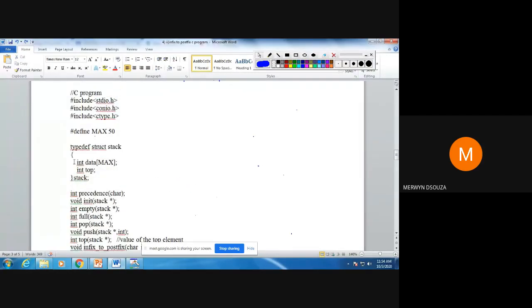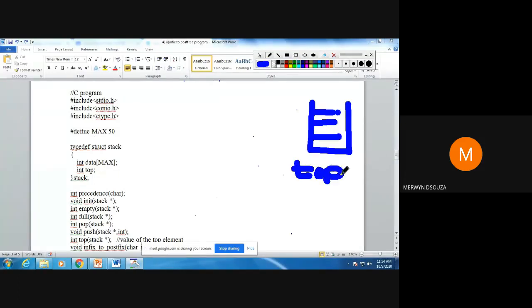Basically here I have declared my stack. These are the data members. The stack name is the array data, so I'm going to have this data array of size 50. The size is 50, and top will be my top of the stack pointer.